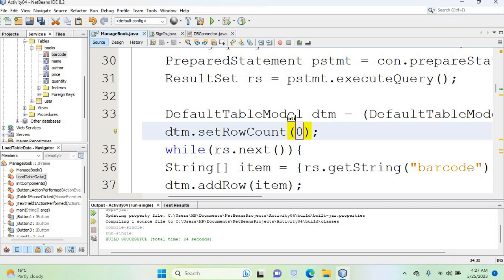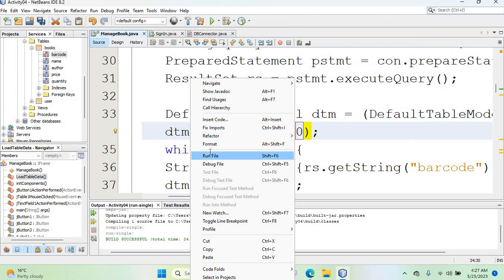That means every time we add data to the table through this DTM, we first clear the table, and only after that add the data. Otherwise it will append data to the table. So if I run this code now,